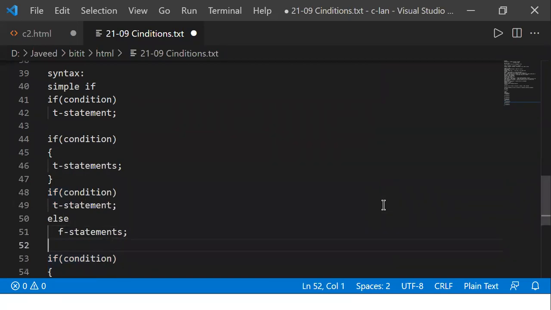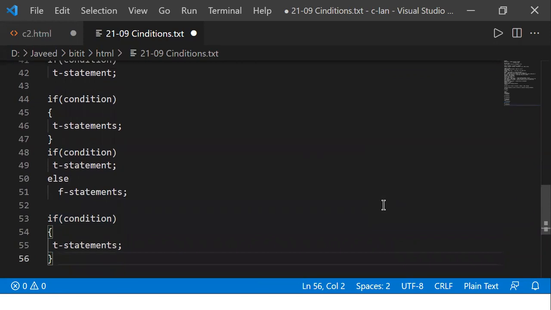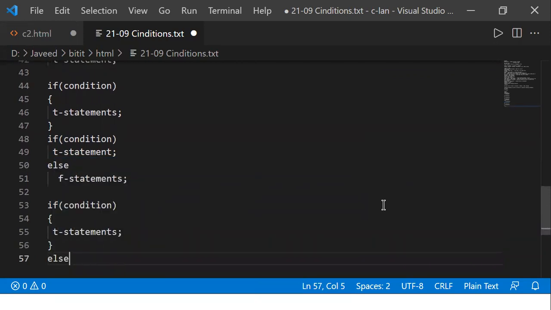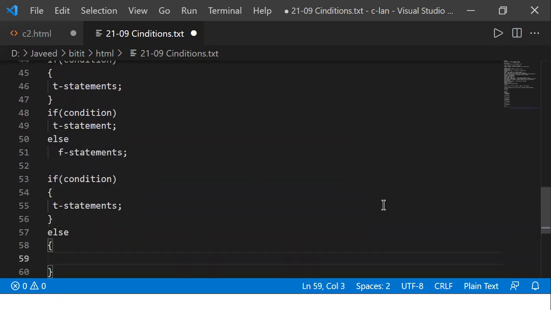Similarly, if I have multiple false statements, we enclose them in flower braces. Flower braces are used when there is more than one statement.